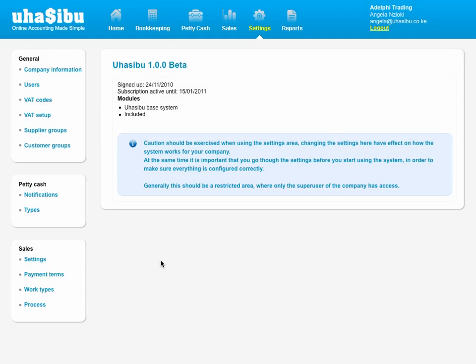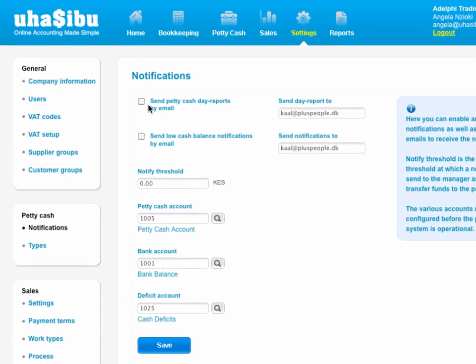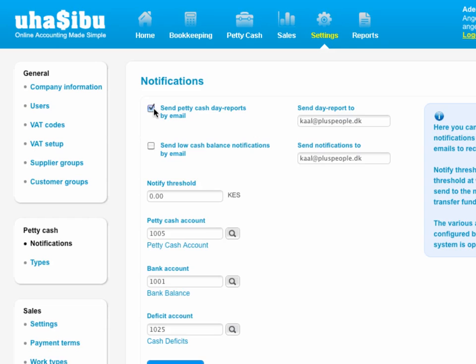In this help video, I will walk you through a complete process of how to configure the Petty Cash. Before the Petty Cash box can be fully operational, you need to configure it, and this is how you do it. On the Settings option, go to the Petty Cash menu and select the Notifications option. Under Notifications, you can enable or disable notifications, as well as define email addresses as to who is to receive